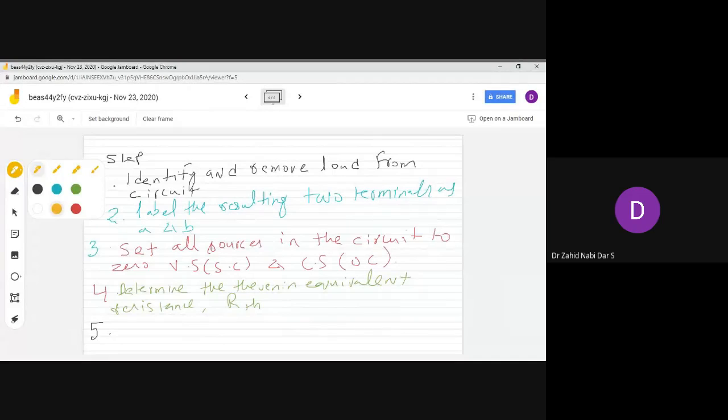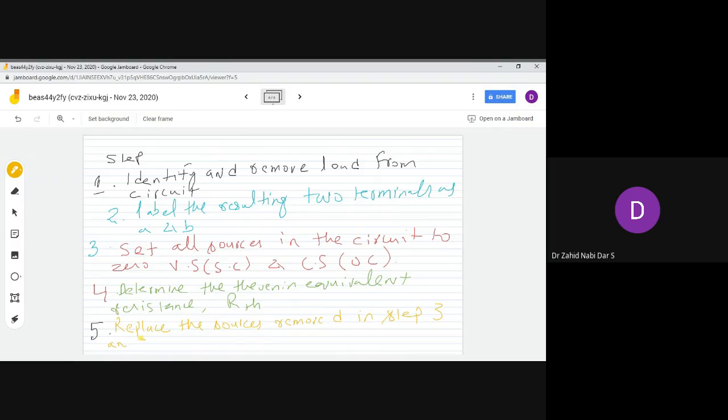Whatever sources you removed, like the current source or the voltage source in step 3, you replace the sources removed in step 3 and determine the open circuit voltage between the terminals